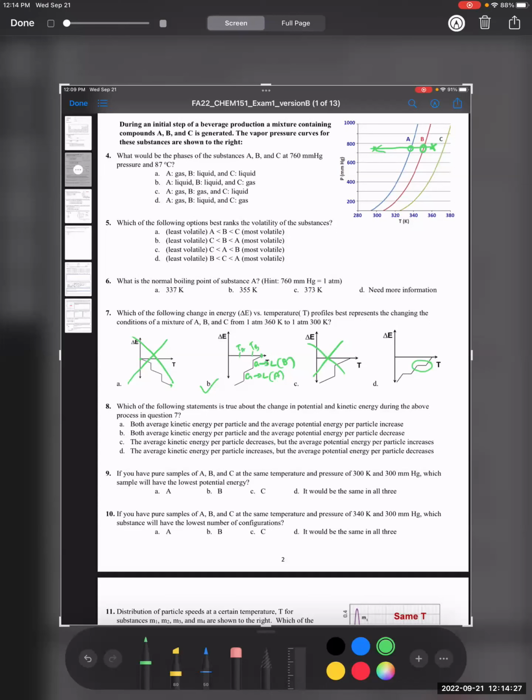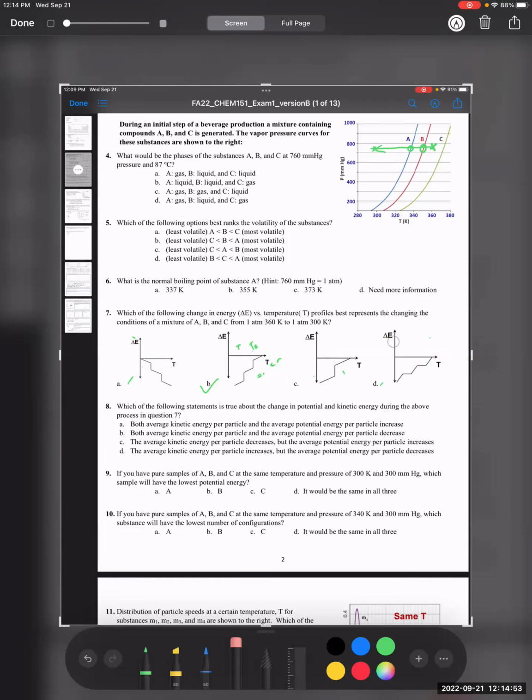If temperature changes, energy has to change, because a temperature change means the kinetic energy changes. That means the total energy must change as well. For that reason, we can never have graphs like this for delta E versus temperature. Okay, so with that, let's move on to question